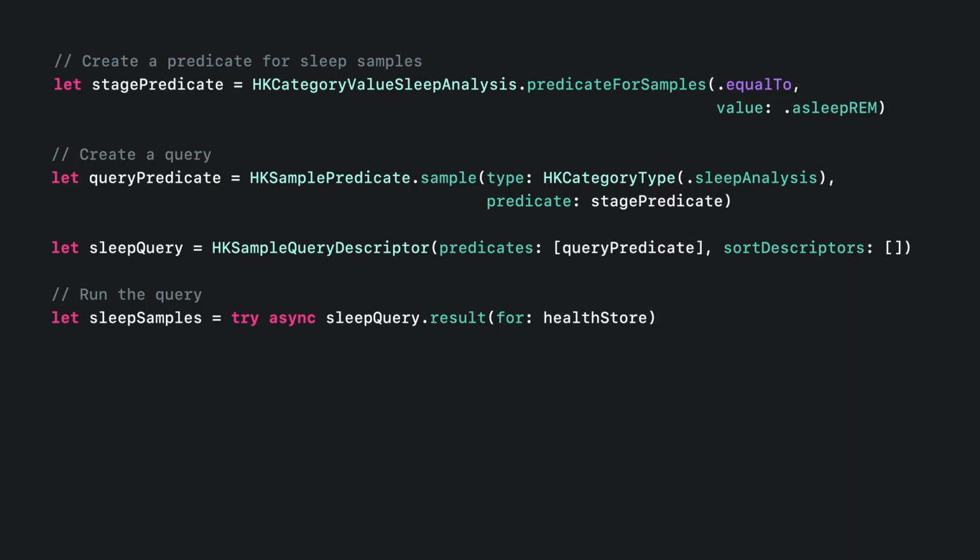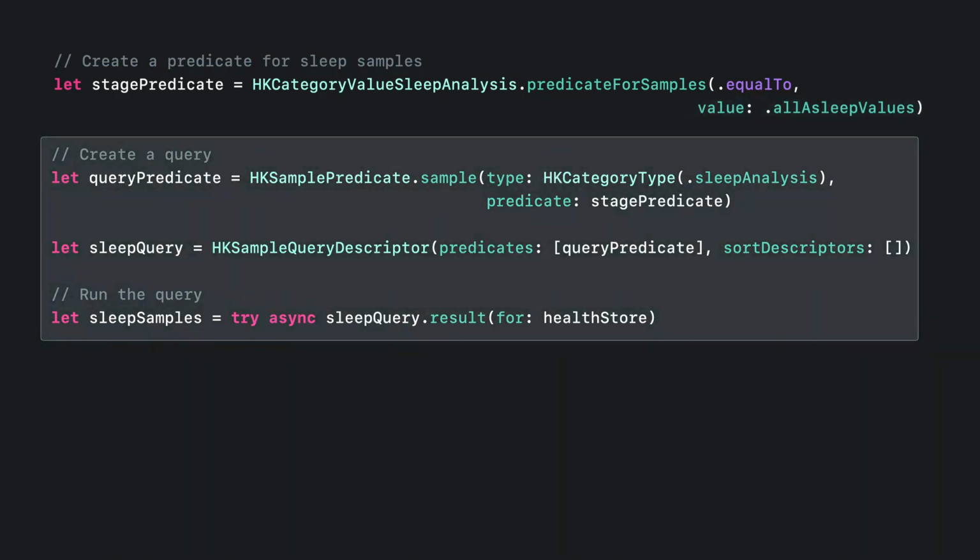However, if you're interested in reading samples for all sleep stages, including unspecified, it's important that you update your app to use the new all asleep values when building your predicate. If you haven't looked at HealthKit since last year, this short syntax for querying may look unfamiliar to you.